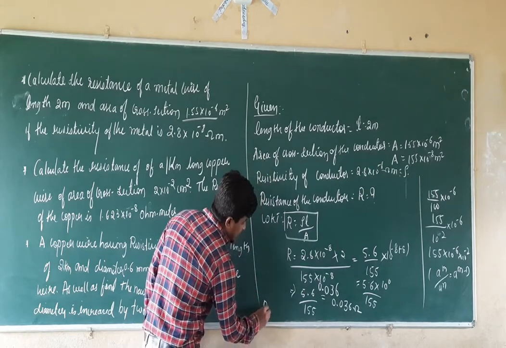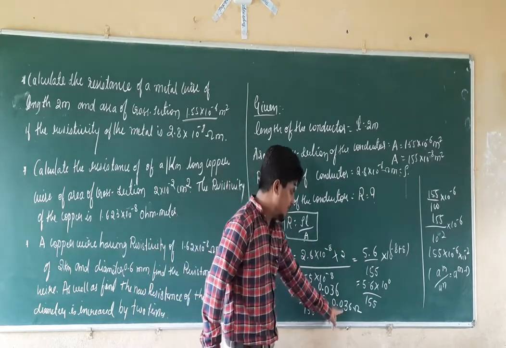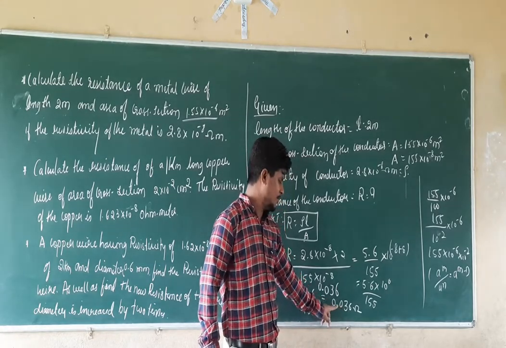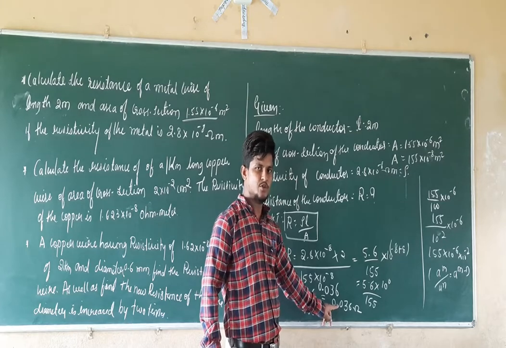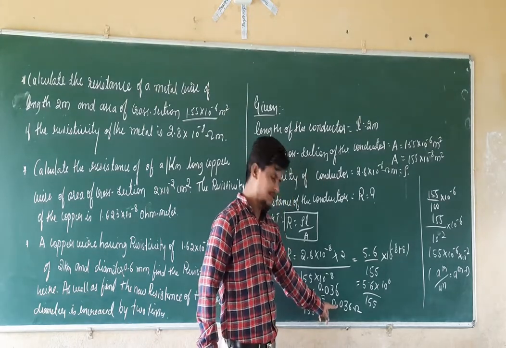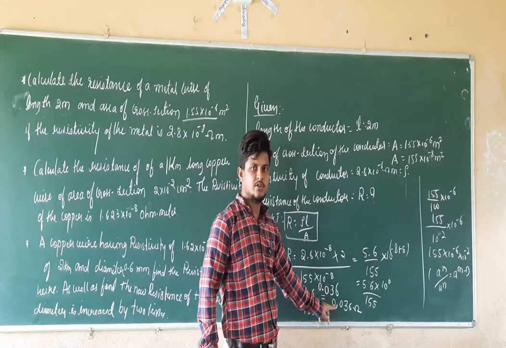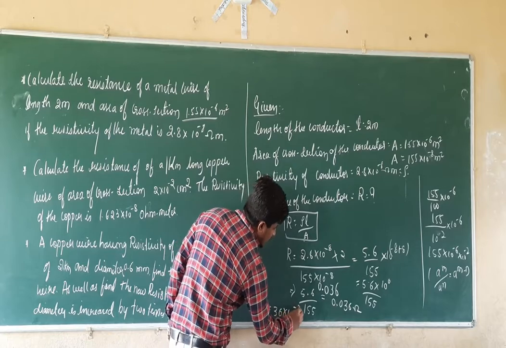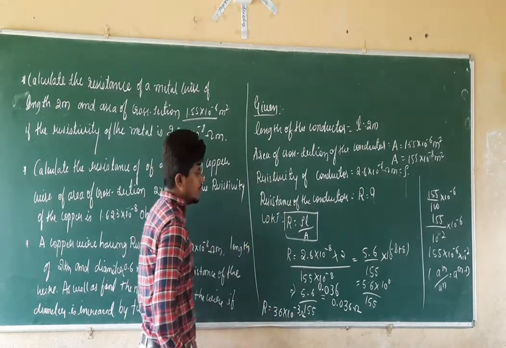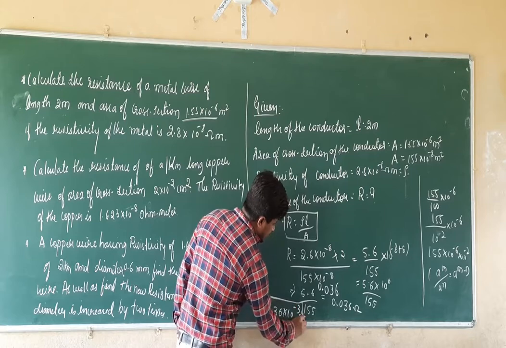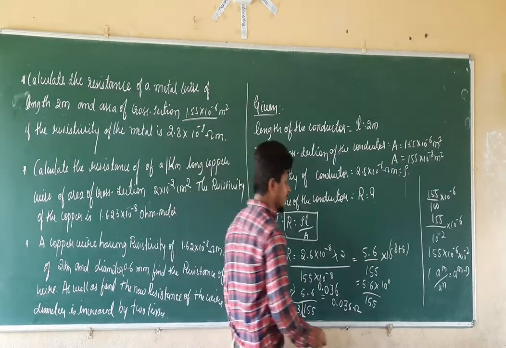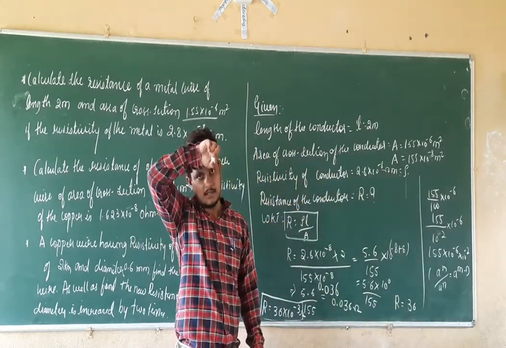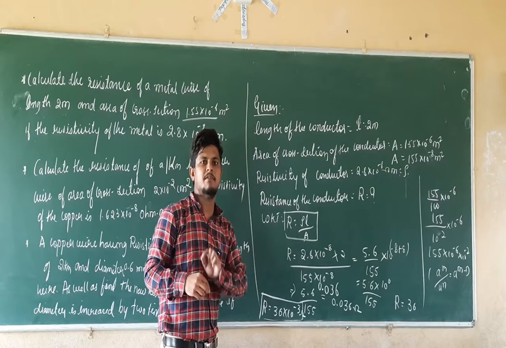So then we can write it as, if we remove one decimal point, it will become 0.36 into 10 raised to minus 1. If we remove the second decimal point, it will become 3.6 into 10 raised to minus 2. If we remove the third decimal point, it will become 36 into 10 raised to minus 3. So we can write it as 36 into 10 raised to minus 3 ohms, which can be written as R equal to 36. 10 raised to minus 3 has a name, that is nothing but milli.